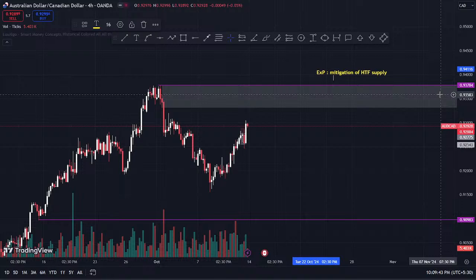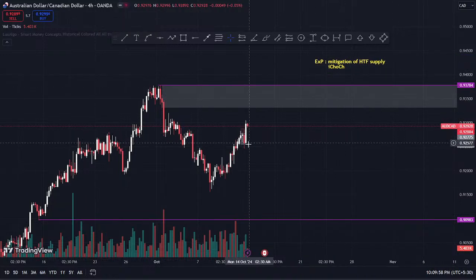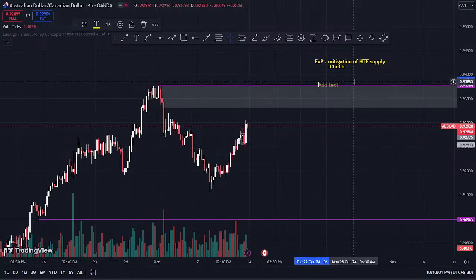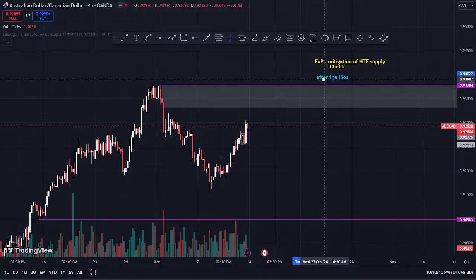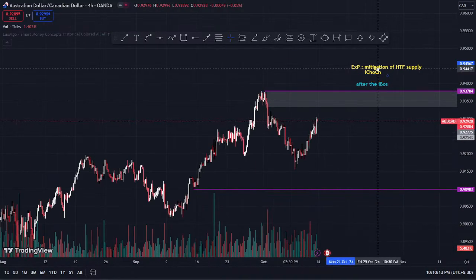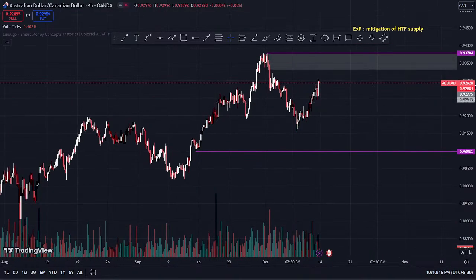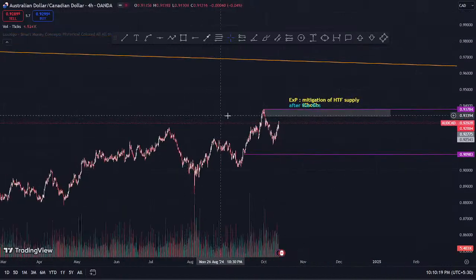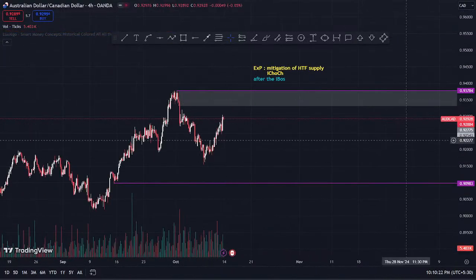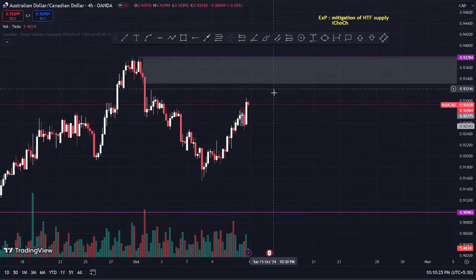and another thing, IBOS. So you need an iChoch. This is our expectation, and when we are going to enter the trade, after the IBOS. So this is the expectation, and this is our execution. So we are currently in this thing, but we need to make sure that when this thing actually mitigates our zone,